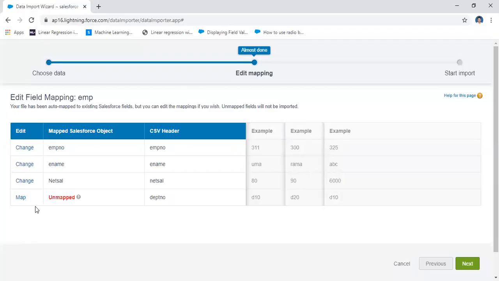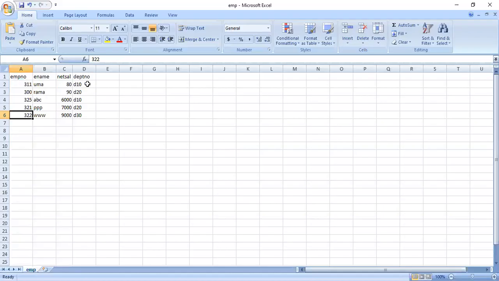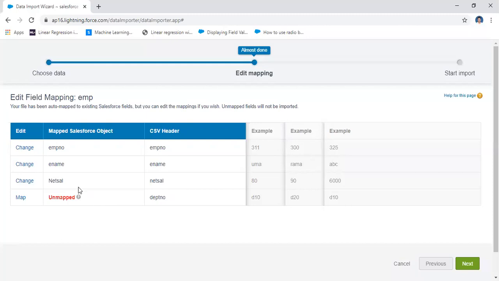Come here. Here the department number, but in our file the department number is a number, but their department number is department 1. Here you have to map this file. Mapping, you have to map this one. Here unmapped means it is mapped with some other field.